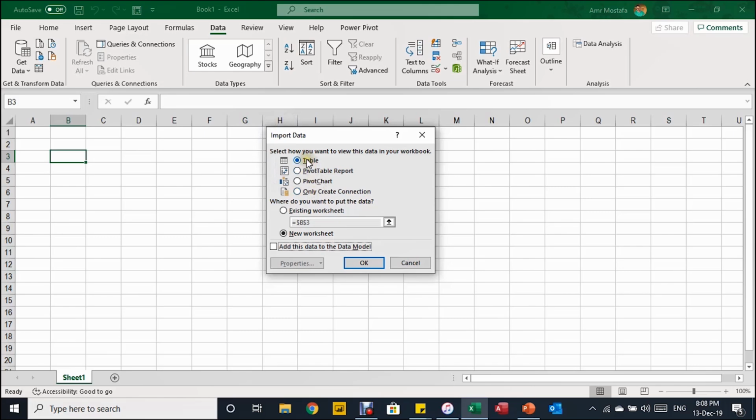We saw together before how we can import to a table, how we can import to a pivot table, but this time we want to import to the data model, and this will speed up your reporting big time. But you can't see anything here saying that you can load directly to the data model. However, you can choose only create connection, and then you can check here, add this data to the data model